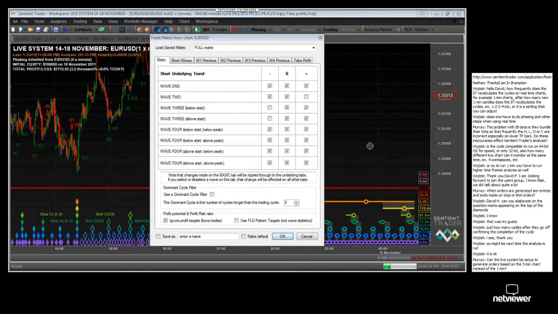Everybody asks us, what is the sentient trading matrix that you use on the live analysis system? Okay, so this might be a bit of an eye-opener for you, and let me show it to you. Here it is. This is the sentient trading matrix. This is quite advanced. I regret I'm not going to have time to explain the whole thing,